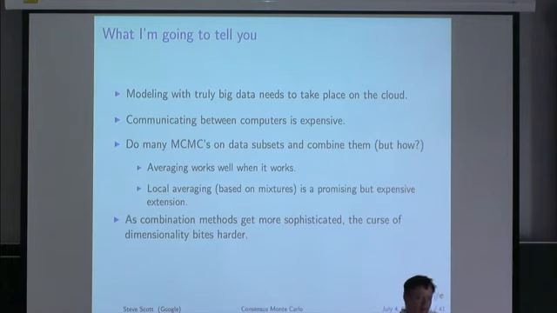Consensus Monte Carlo is about, the phrase divide and conquer has come up here a few times. It's that type of algorithm where you take your data and you chop it up into multiple pieces that people at Google like to call shards, like when you break a glass and it partitions itself into a bunch of shards. And then you do a separate MCMC or Hamiltonian or whatever your favorite Monte Carlo method is on each of the shards, and then you put them back together. And then the question is how, right?